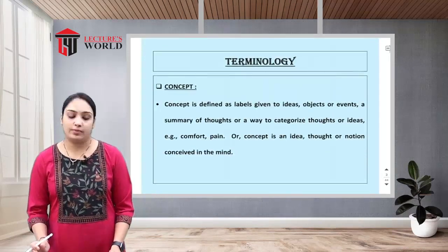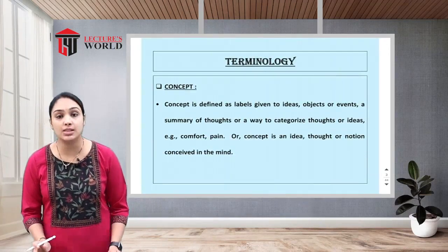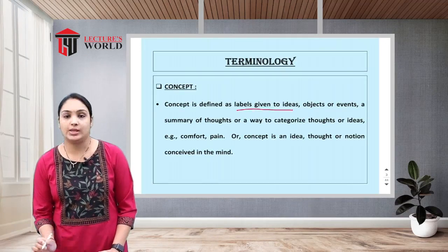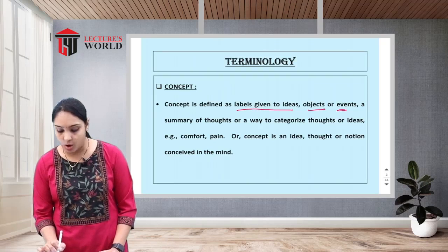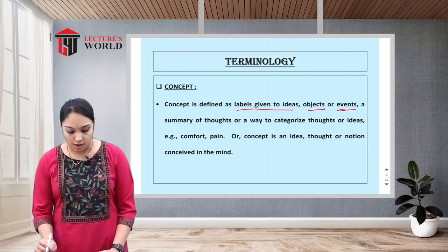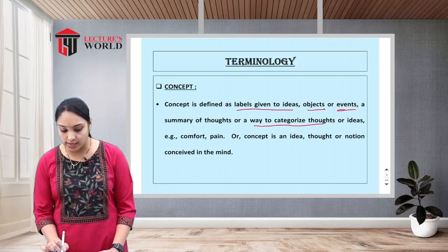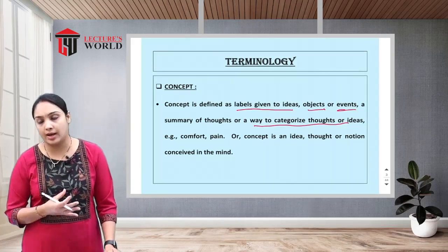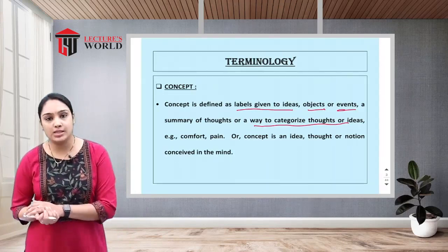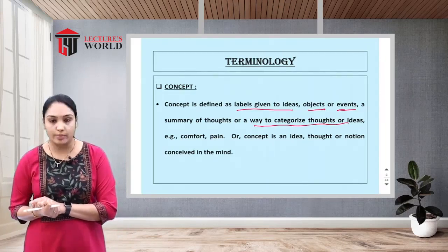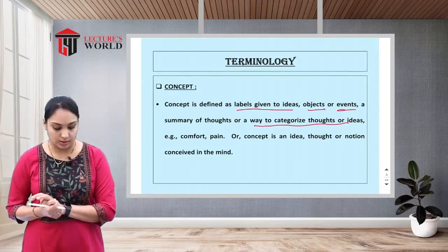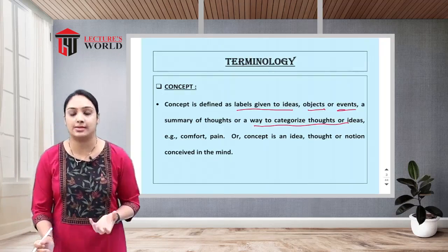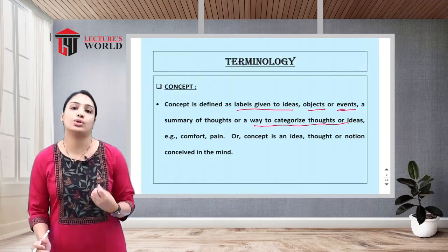Second one is concept. What is concept? Concept is defined as the labels given to ideas, objects or events. A summary of thoughts or a way to categorize thoughts or ideas. Mainly, what are the thoughts we are having? The labels we are giving to thoughts, objects or any events. We can say a summary of thoughts or a way to categorize particular ideas or thoughts,